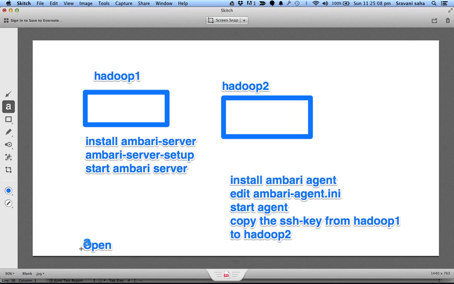Once that is done, I open HTTP Hadoop 1 on port 8080 and then start the provisioning.